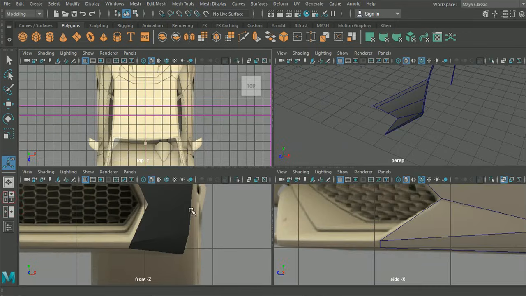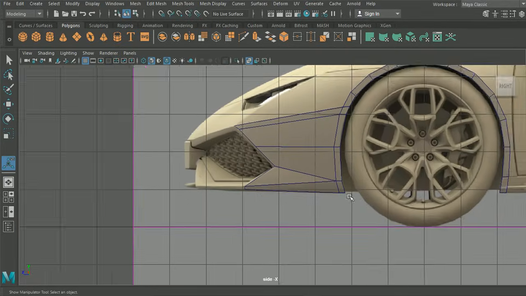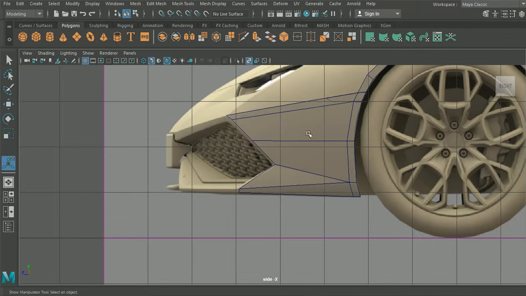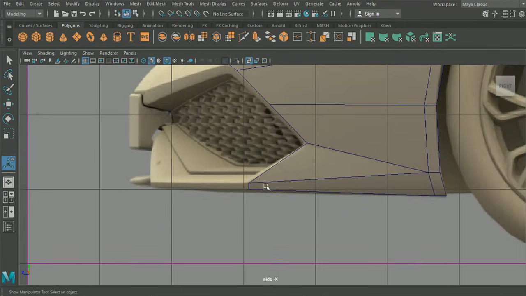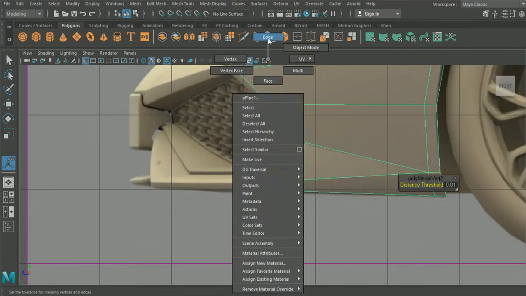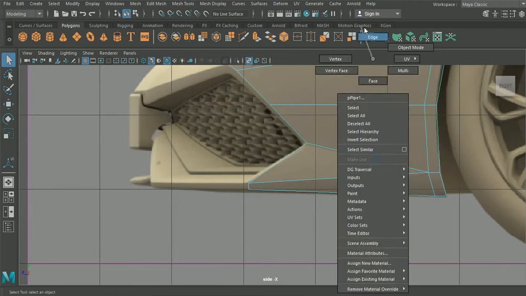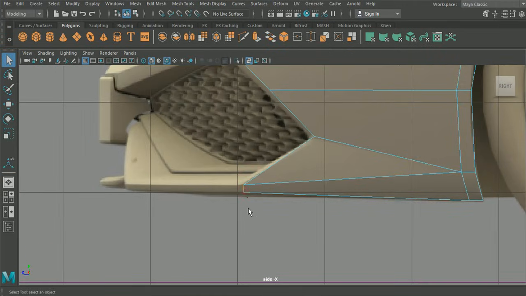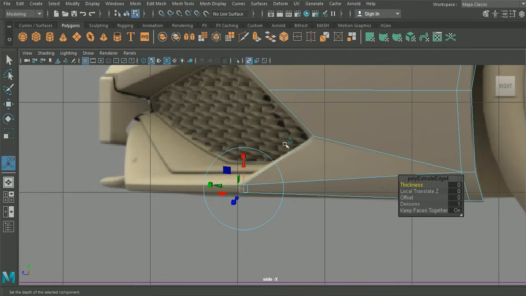So what we can do in this section here is we can now potentially add more of our divisions down this section, but what we're going to do first is run all the way down this edge and make sure we've got as much of the model put together as possible. So we're going to grab another edge here, and we are going to extrude again. And what we want to do essentially is do exactly the same as we just did here. We're going to extrude all the way out to this point here,